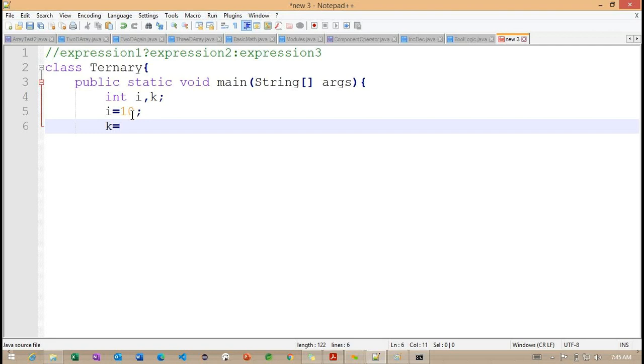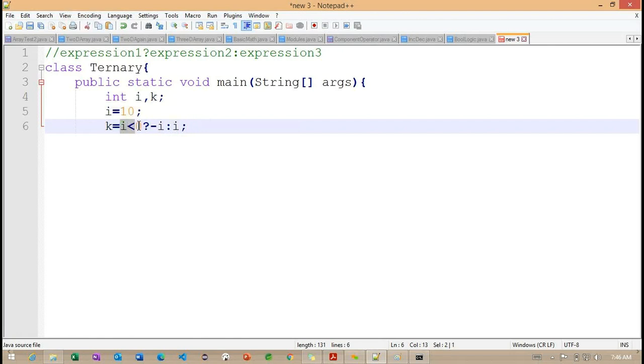So k is equal to, getting the point, k is equal to i less than 0, and I'm making a question mark here. So if this particular expression is returning true, I'm trying to do some subtraction from the current value, and otherwise I'm trying to return the original value.